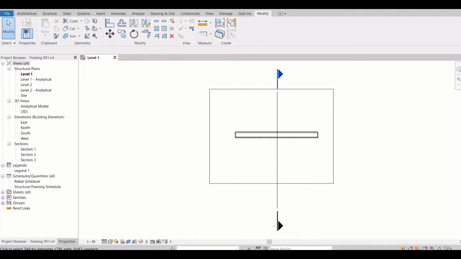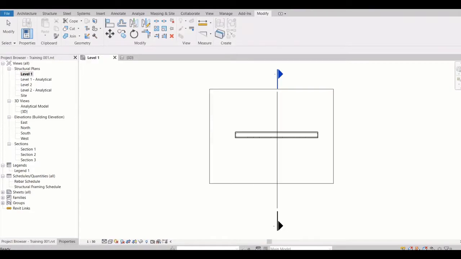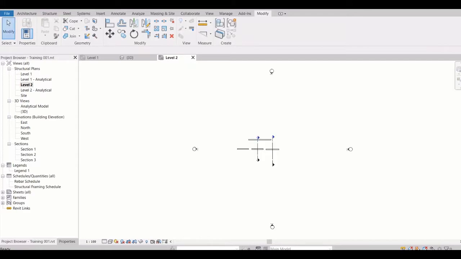This is our project browser. Revit has one infinite plane, right? So in this infinite plane, if we want to create level 1, level 2, what it does is create sheets on that given level.